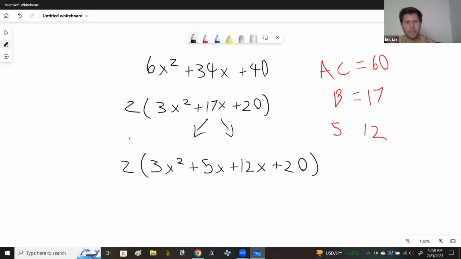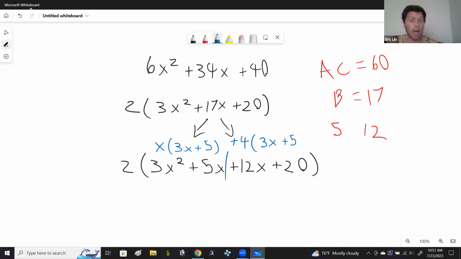Okay, cool. So I'm ignoring the 2. The 2 is not going to be a part of this factoring method. Let's worry about what's inside these parentheses. I'm going to split this term here. I think the only thing I can pull out of these first 2 is an x, because 3 and 5 don't have common factors between them. The other guy, though, these last 2 terms, I can pull out a 4, it looks like. So I can pull a positive 4 out, and what's left is 3x plus 5, which is great